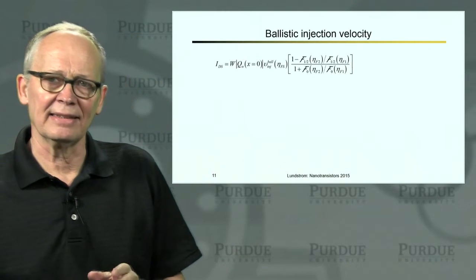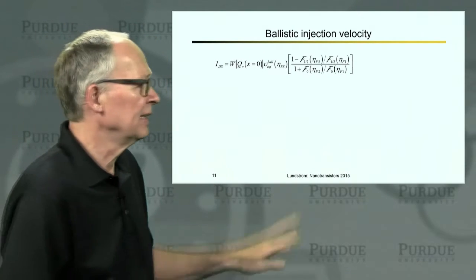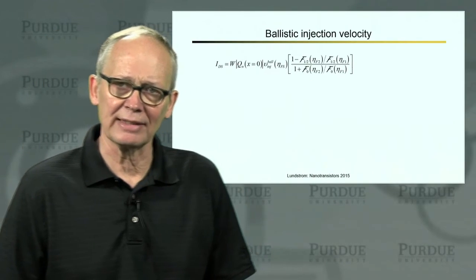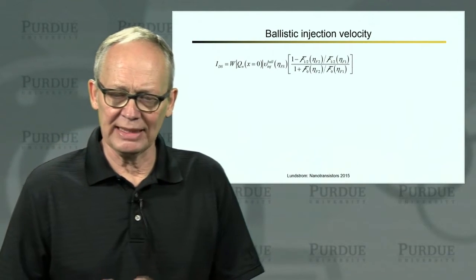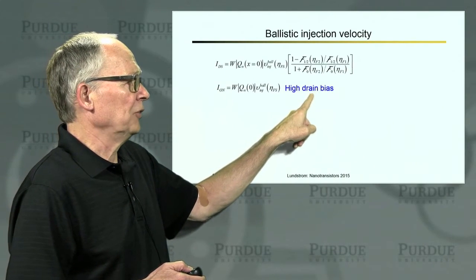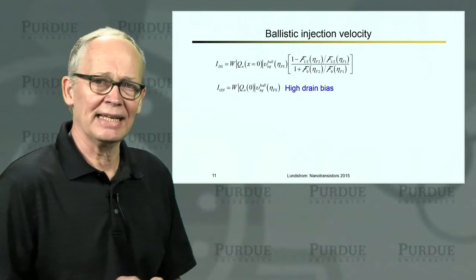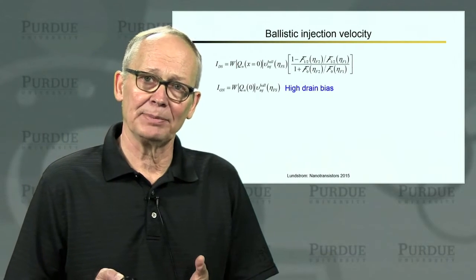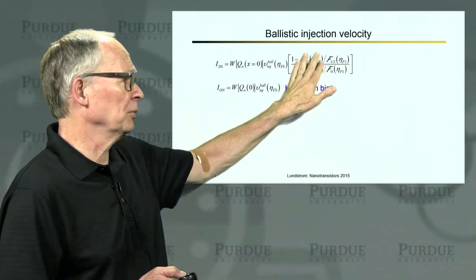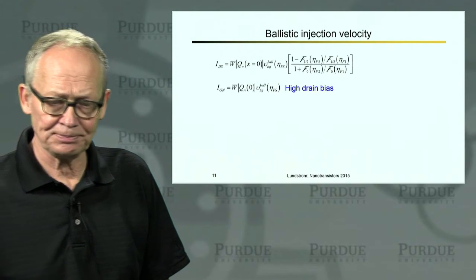So the key velocity then we're interested in under on-current conditions is what is the average velocity of that positive half. Now I'm simply showing you the expression for the IV characteristics in the degenerate case. This is the complete IV characteristic. If we go to high drain bias, then these arguments simplify. Under high drain bias, we pull the Fermi level way down in the drain. The Fermi-Dirac integrals become exponentials. It becomes e to the minus x, where x is very large. This term goes to 1, and we're left with an average velocity that is given by this expression.